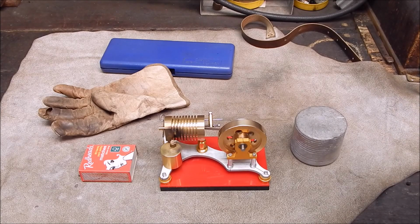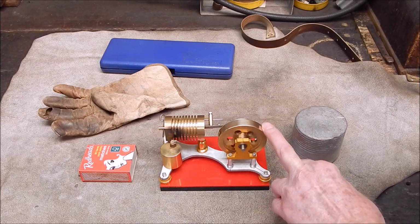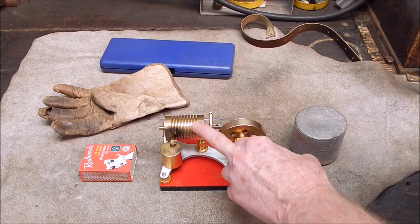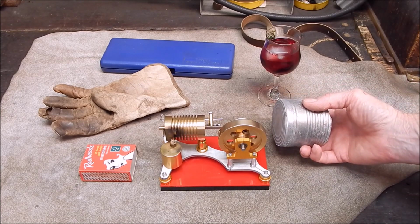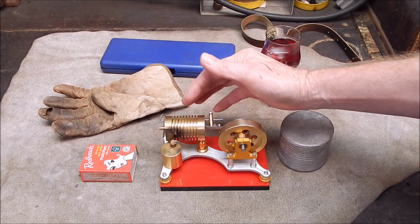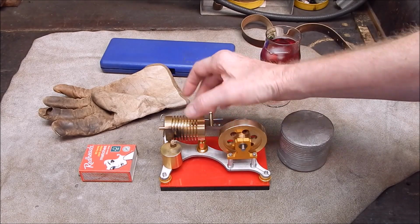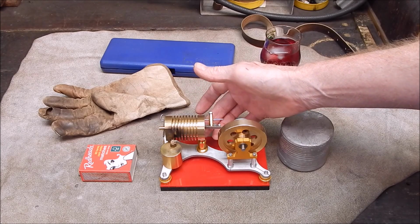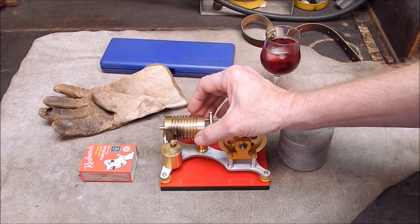So what next? What are we going to do? Well, the problem is that the damn thing overheats. We get it running and then it overheats. So I don't give up easy on these things, and so we'll go to plan B, and that is we'll try and increase the cooling. Well, I've got a big hunk of aluminium here, and from that I'm going to turn up an aluminium set of fins, which will basically go from about here to here, and they'll go down, they'll be fair diameter, they'll bolt on to this bottom support here, and I'll press that onto the brass. I may even have a pinch bolt in it,